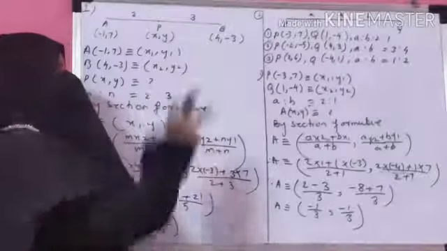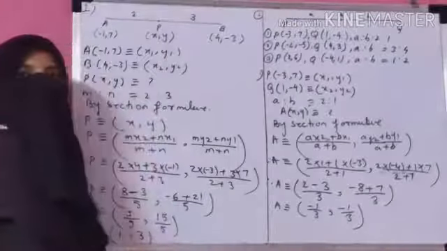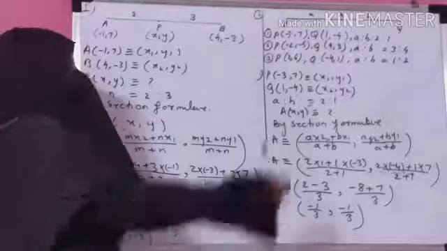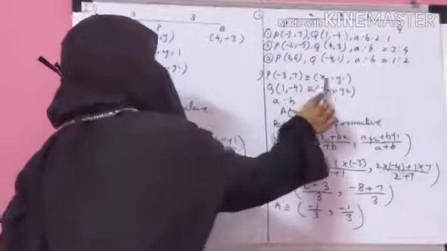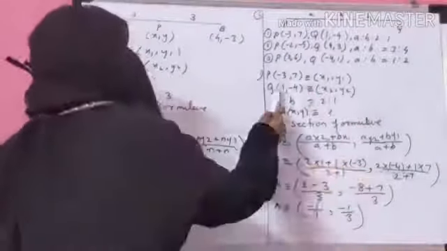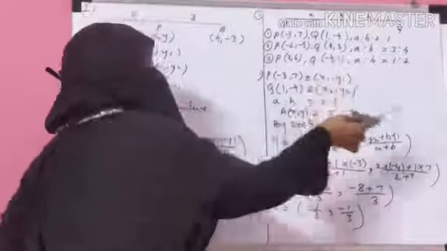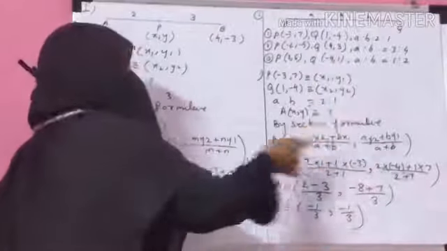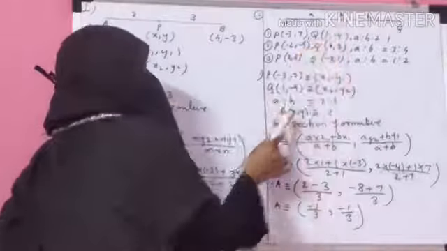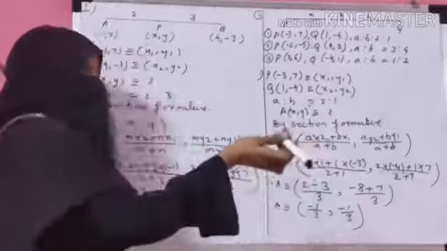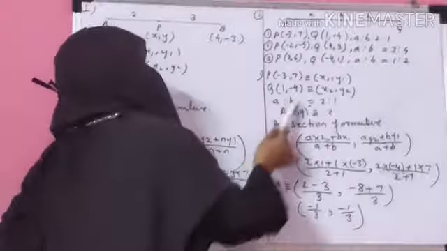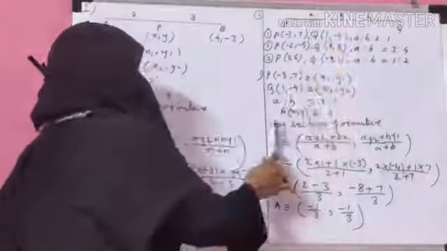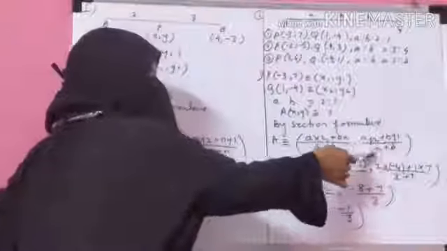So this is the coordinate of point A that divides this segment PQ in ratio a is to b. Got it? So first of all, point P is nothing but x1, y1, and coordinate of point Q is nothing but x2 and y2. It divides in the ratio a is to b, 2 is to 1, and we have to find the coordinate of point A, which I suppose as x and y. Okay. So here point A divides in section, that's why I apply the section formula. So by section formula, write the section formula.